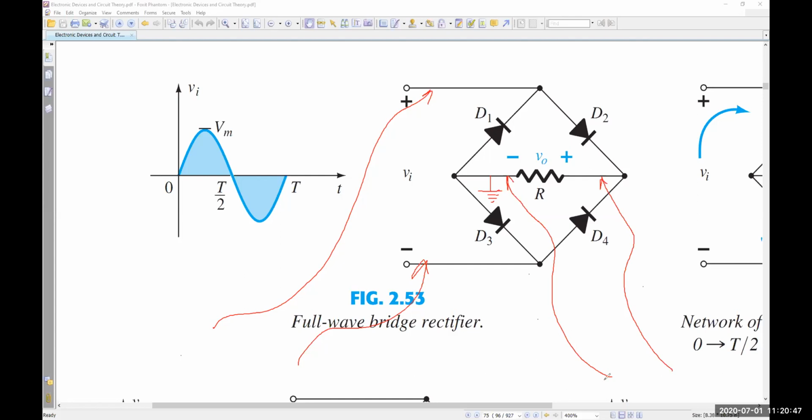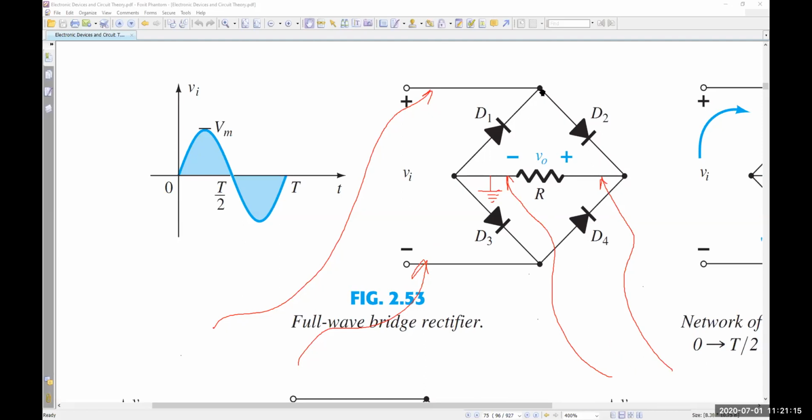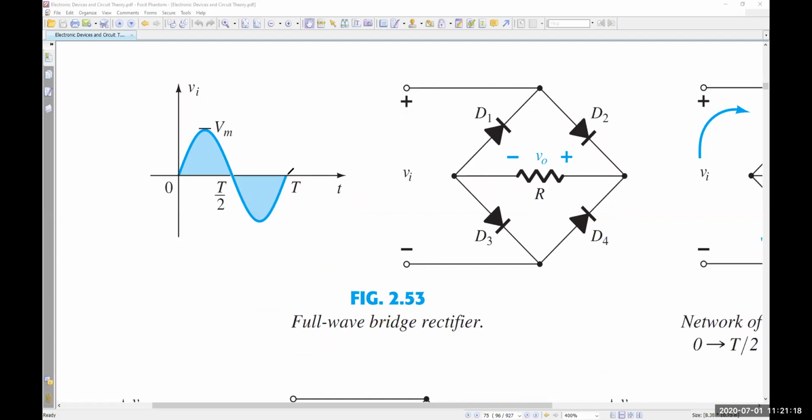Why? Because normally the ground, that means all the black pins, should be connected to the ground, right? But here, which one is your ground? This one or this one? That one is your ground, right? If that one is your ground, it should be connected to the ground as well. So that is the problem. If you use an oscilloscope in your lab, it will give you a lot of problems. Theoretically it will give you the result, but practically it will give you some trouble. That is why